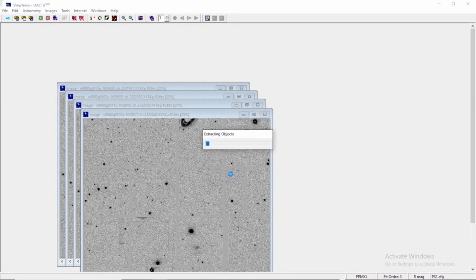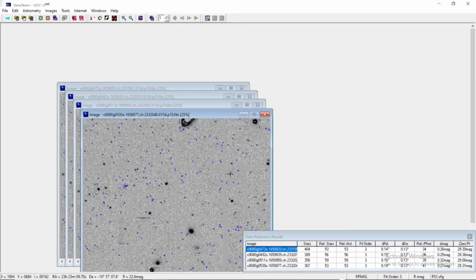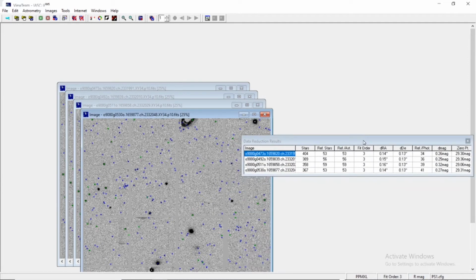So let me go for astrometric data reduction, and the shortcut is Ctrl plus A. It will take some time. Don't get intimidated by the fact that it seems not responding or the cursor gives a round and round movement. Don't be under any pressure, because sometimes the network connectivity is slow and sometimes the processing is slow. So this is the data reduction result, and someday we will really talk about the technicalities associated with the data reduction results also.